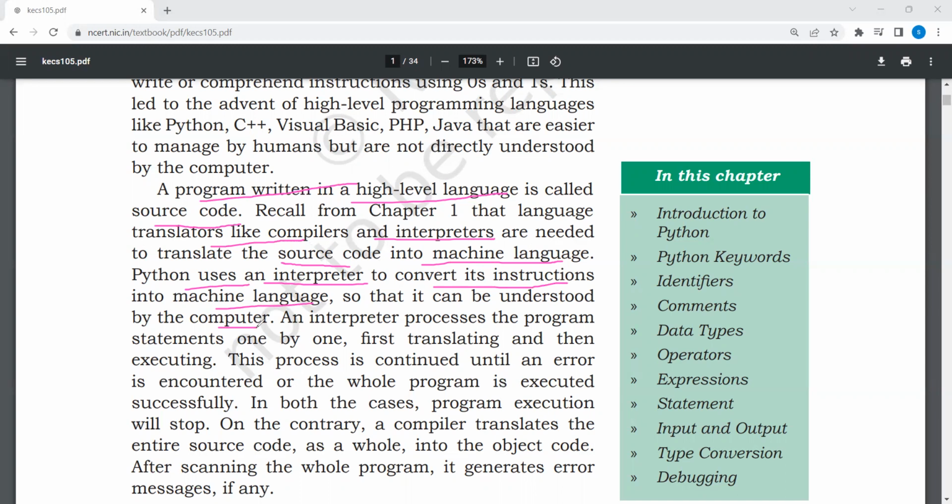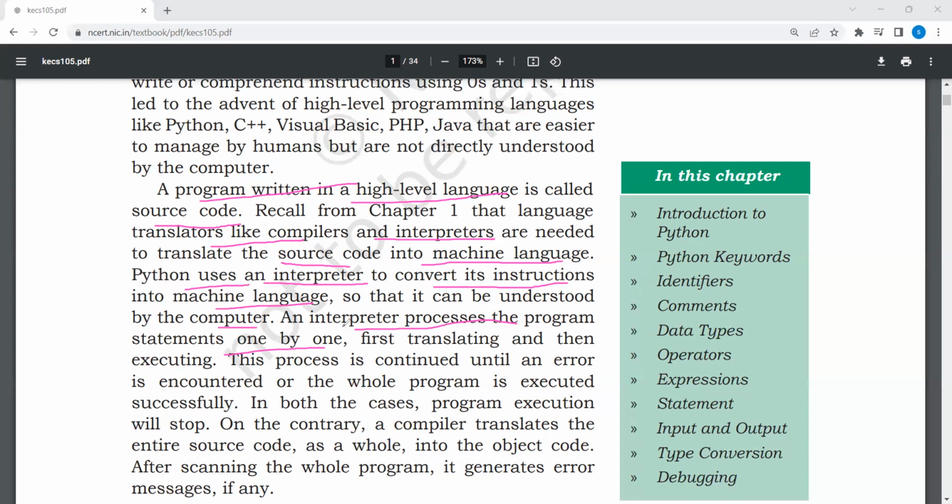Python uses an interpreter to convert instructions into zeros and ones, that is machine language, so that it can be understood by the computer. An interpreter processes the program statements one by one, first translating and then executing. What is an interpreter?